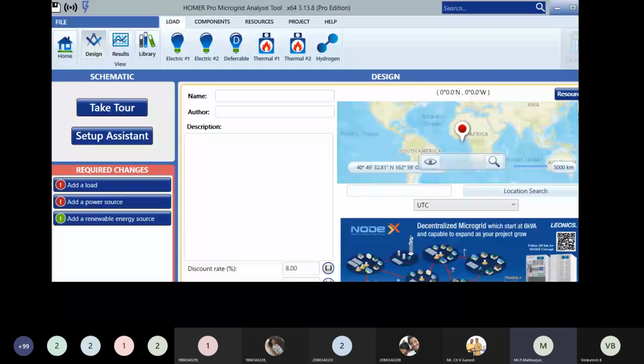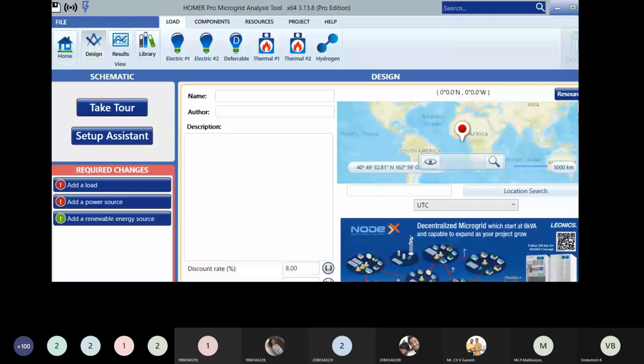Yes, students, please follow the instructions. As there is some problem with that, we will go after taking a break. We will clarify that issue. Up to that point of time, please go through the instructions given by the sir, and you can type the name of the author and everything in the HOMER version, whatever you have downloaded.